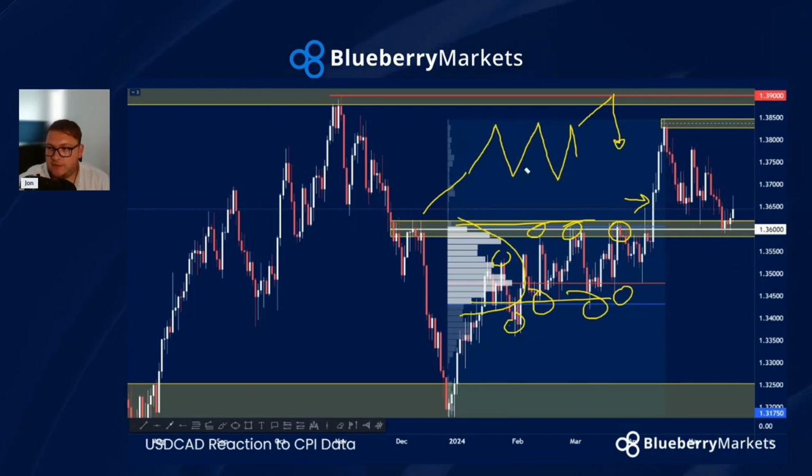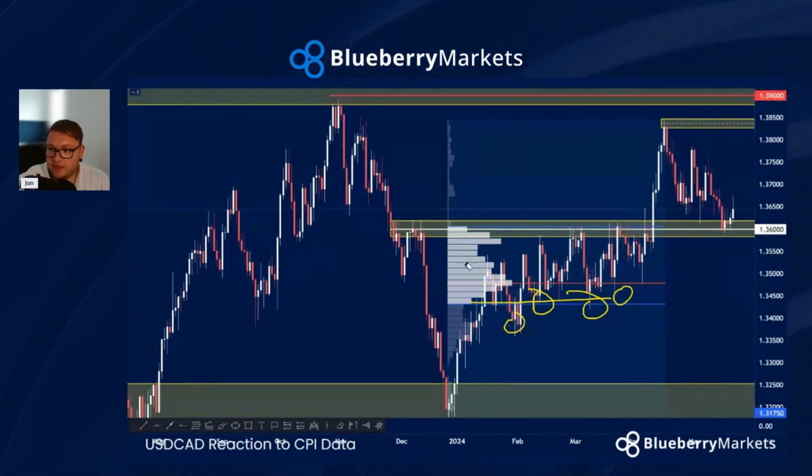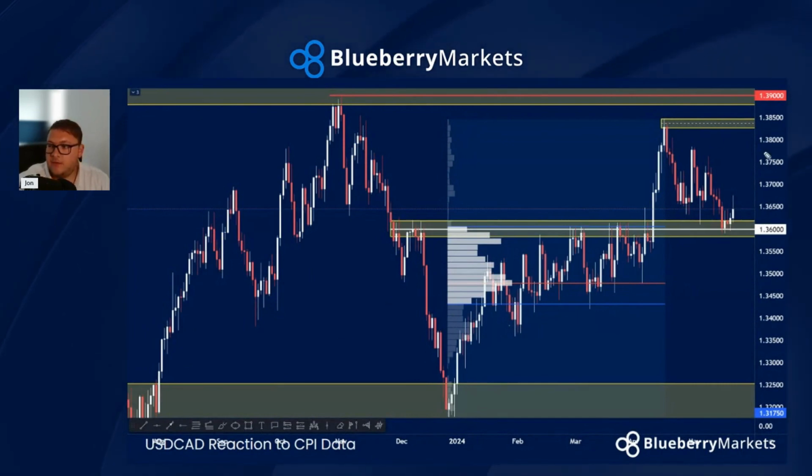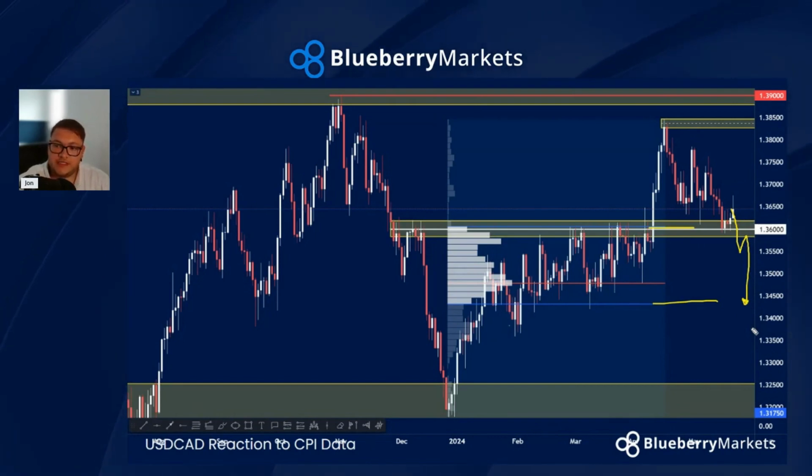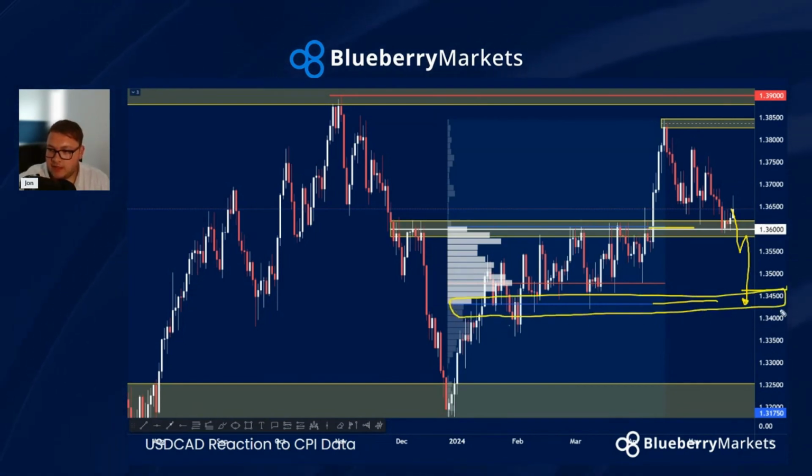Everything so far, for me, points to a potential move to the downside. What I mean by that is, if we get accepted back within this volume area here, below 136, I think we'll probably see the other side of value. So anything between sort of 134.50 and below would make sense for me, because that is where we've got the value area low. It's the edge of the volume.